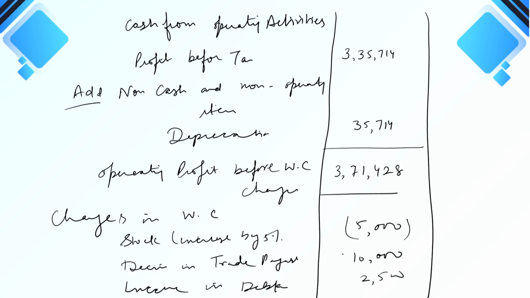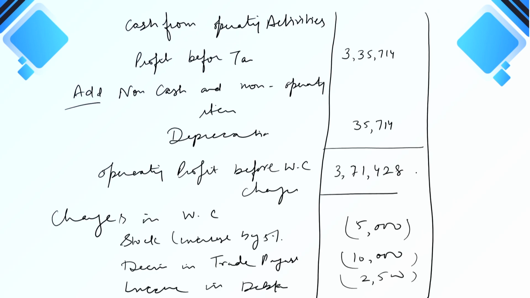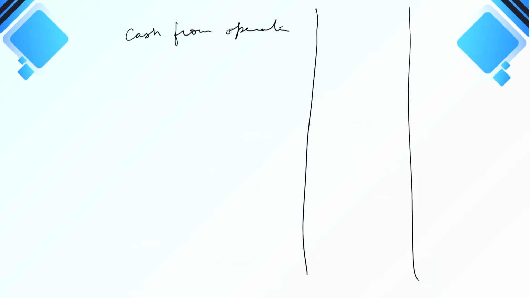As you can see, all these items are required to be deducted. So we reach the figure of cash from operations, that would be out of 3,71,428, we deduct these three totals of rupees 17,500 and we get the cash from operations amounting to rupees